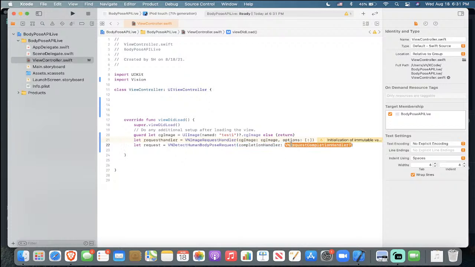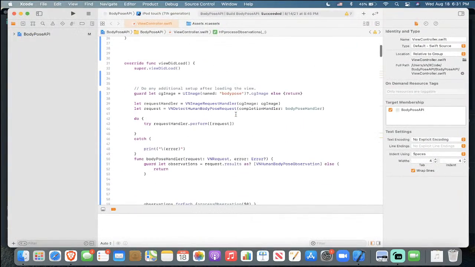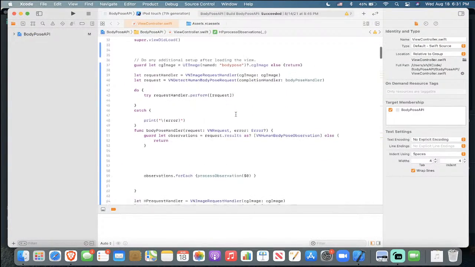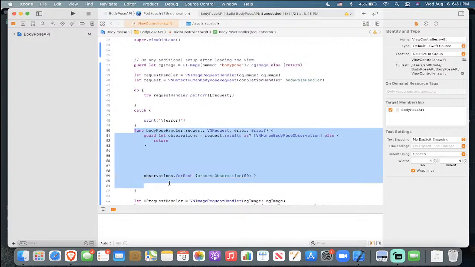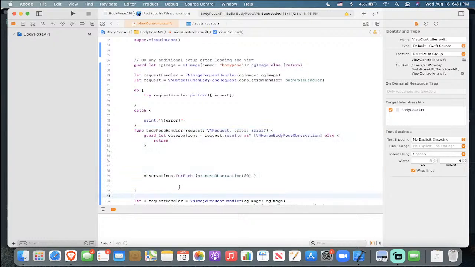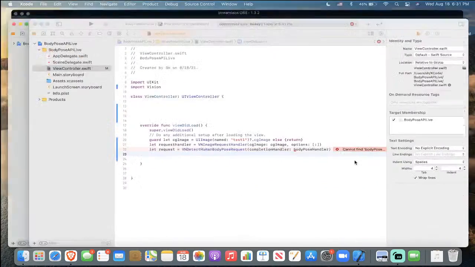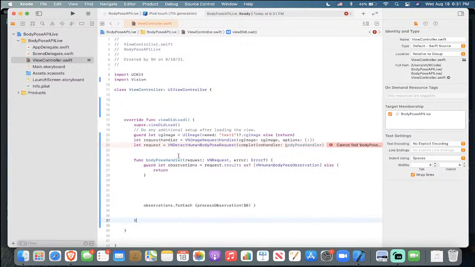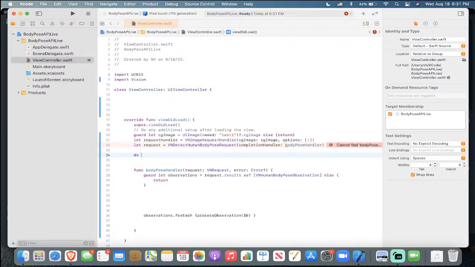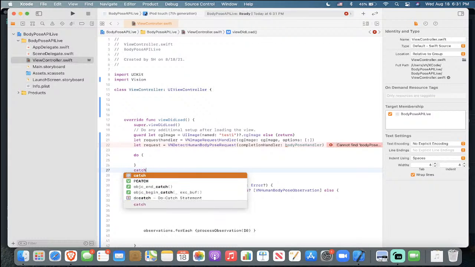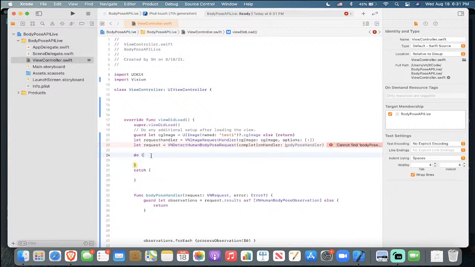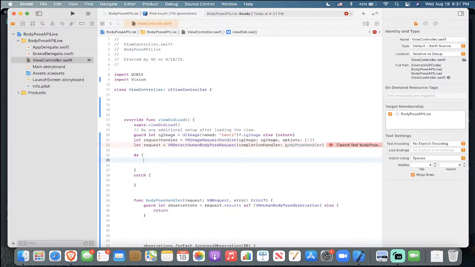Actually the thing is body pose handler. So now what we're going to do is, as you can see in our code here, we have everything, and now we have to create this body pose handler request. So we're just going to copy. You guys can just copy this. This is really simple to do. No need for anything with that. Now we're done with that, we have to do a do catch block, and then do